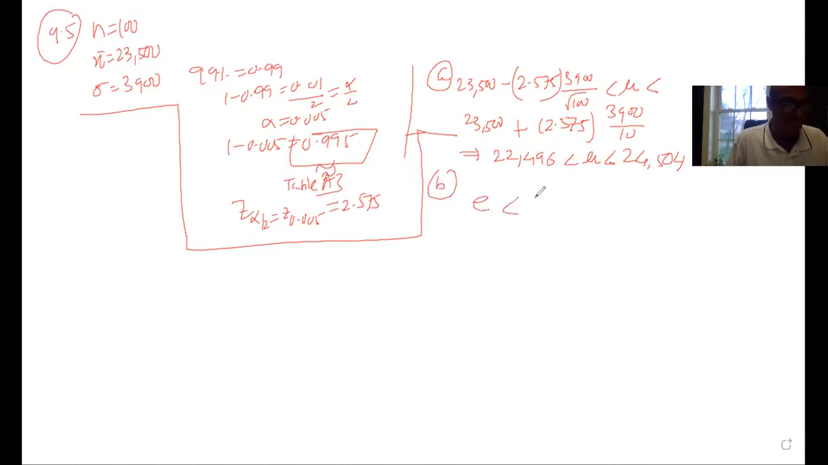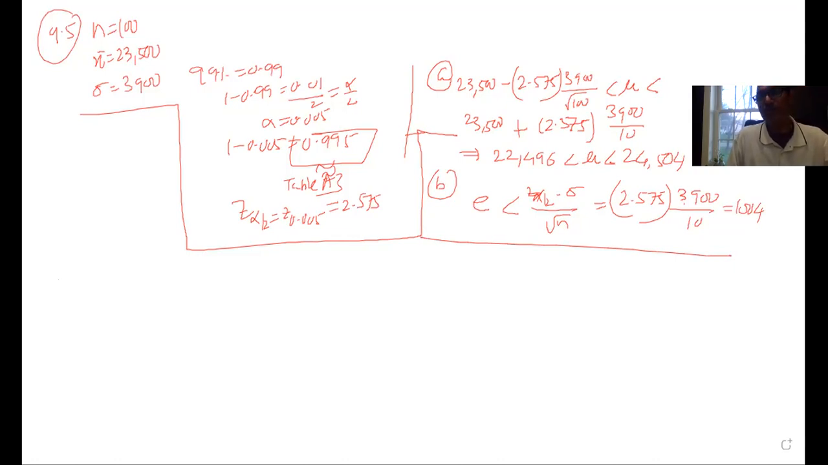And my part B says that my error estimation should not exceed. So E is less than Z alpha by 2 and sigma divided by square root of n. Z alpha by 2 is equal to 2.575. Sigma is 3,900 divided by 10. So that is equal to 1004. So that is my parts A and B. That is my example